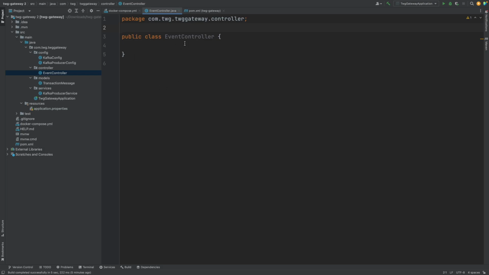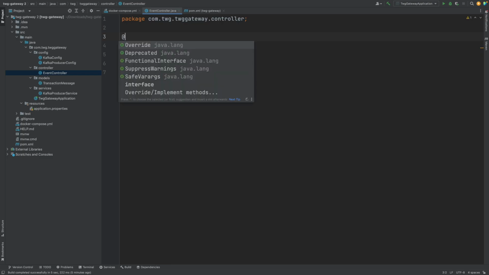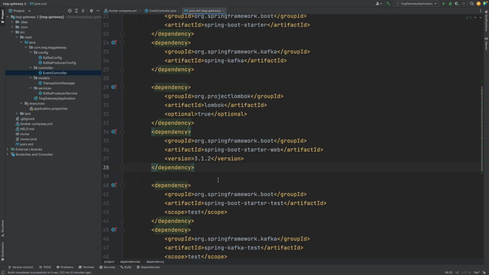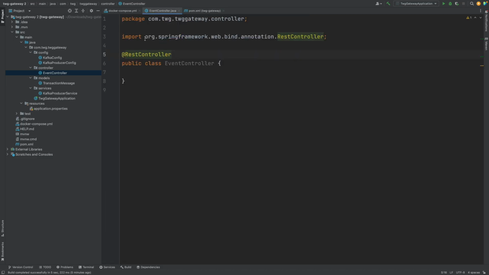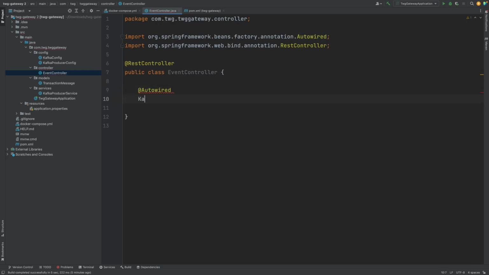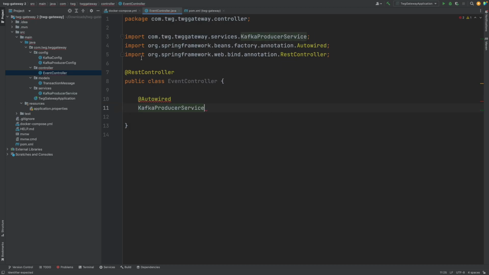So to let Spring Boot know that this is going to be a REST controller, we can use the annotation @RestController, which is coming from what we just added to our dependency, the Spring Boot Starter Web. As you can see here, it's coming from org.springframework.web.bind.annotation, and it's the RestController. Now we can autowire our Kafka producer service